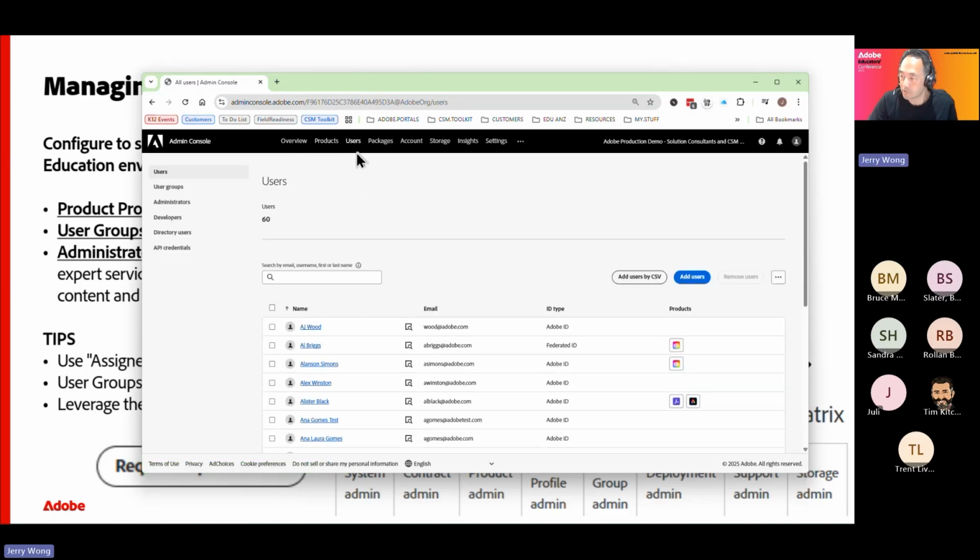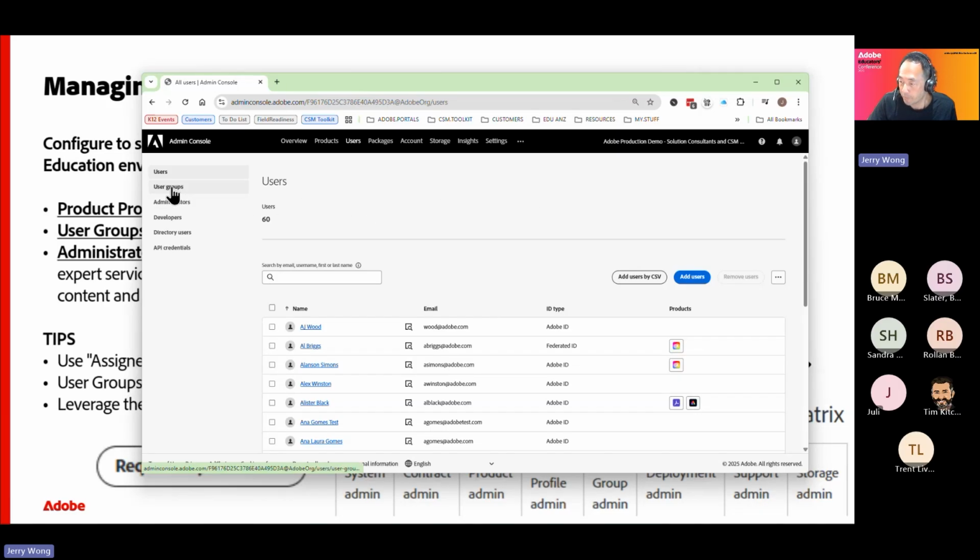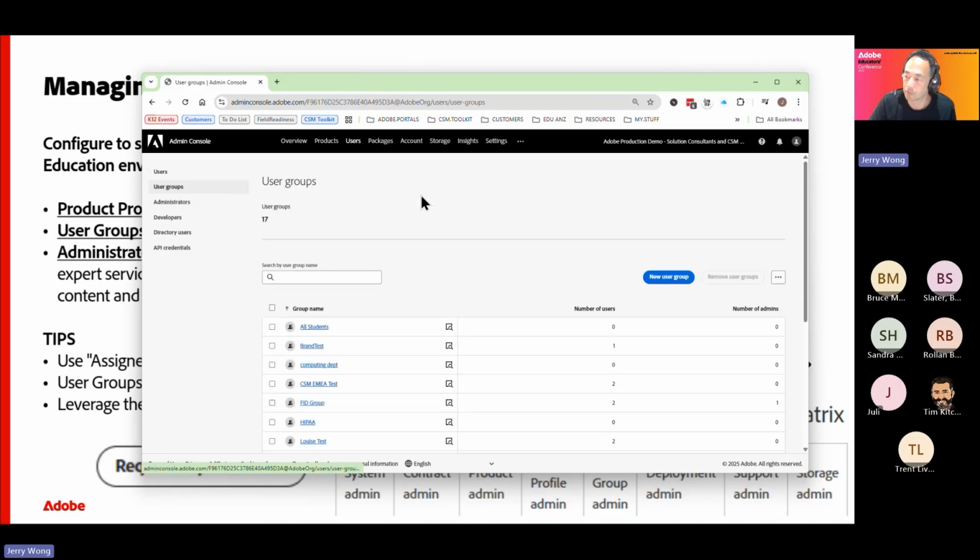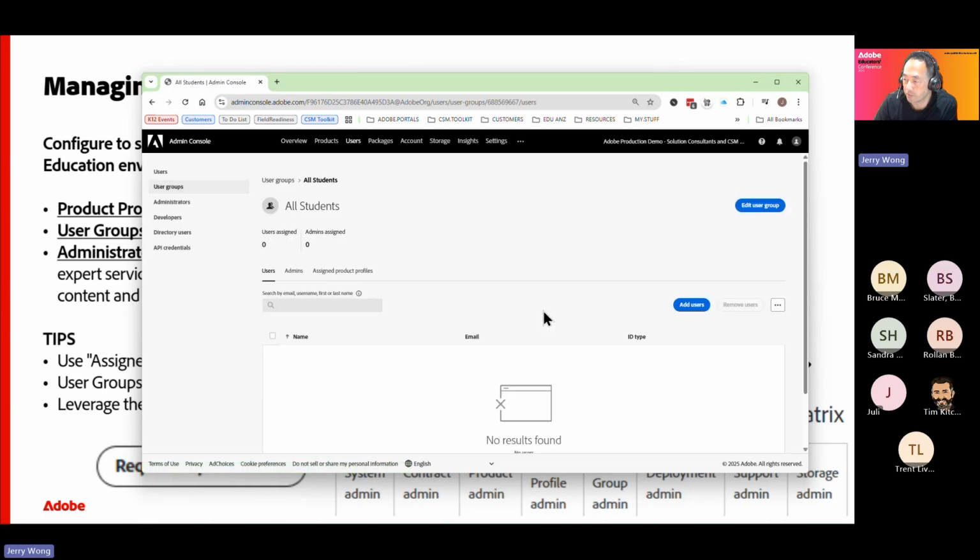So if we go into the users here, yes, you'll provision all the users for your particular school, university, or institution, but think of it as how you actually use your Active Directory, right? You always use user groups, and then you can set it up to break up groups of users such as educators, staff members, or students. So if you create a group and label it accordingly, then you can add your users to that group, right? And say, for example, let's just look at this test group here that we call all students. If I go into that group at the moment,